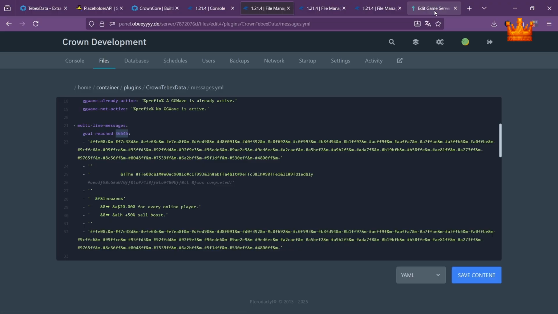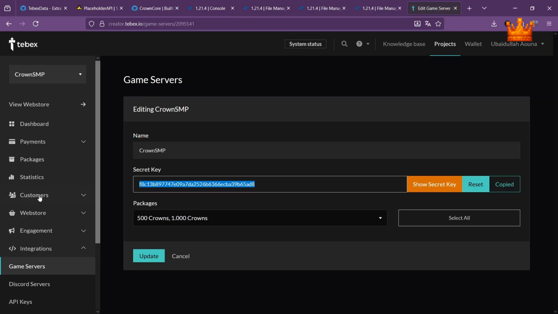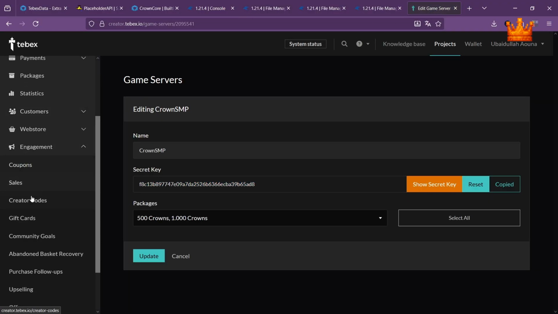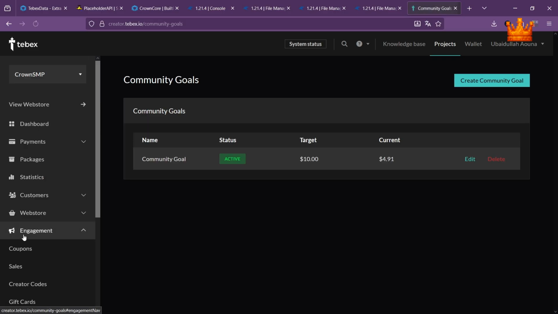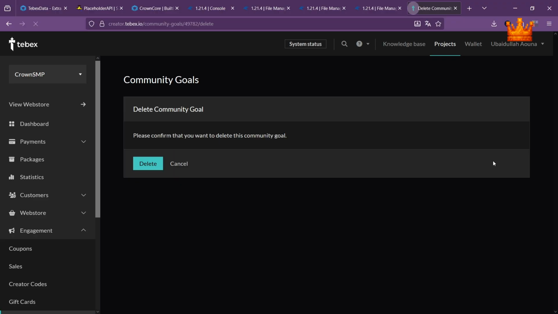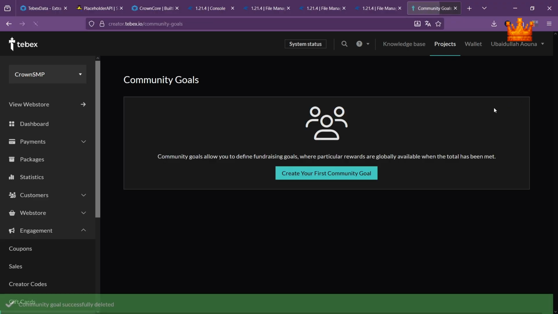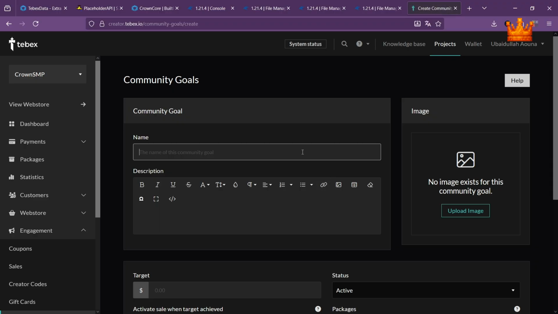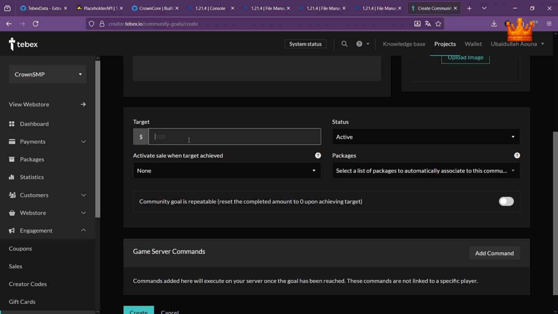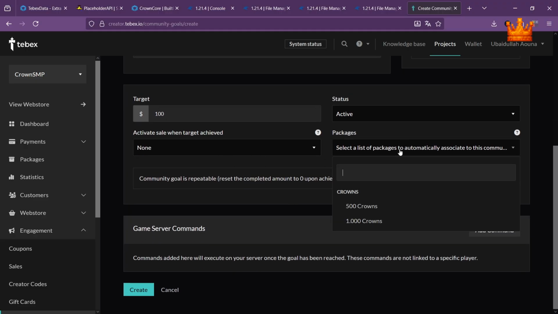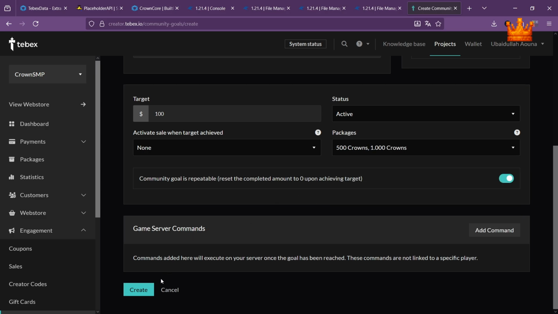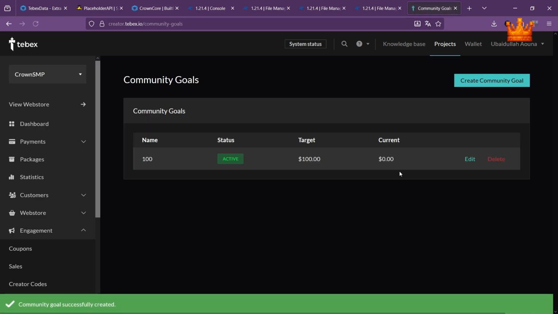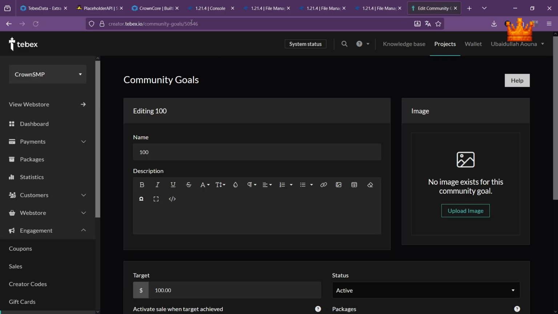I'll show you very quickly how you find your goal ID. So you go into engagement, community goals, and you can create a new goal here. Let me delete this. Create a new goal. Let's set this to 100, and you obviously want your goal to repeat. And then you have to select all the packages. That's important too. And you create this like that. Now you press edit and you will find your goal ID,